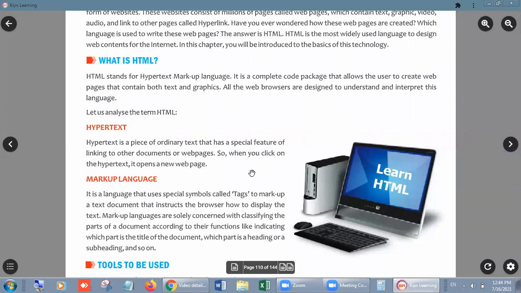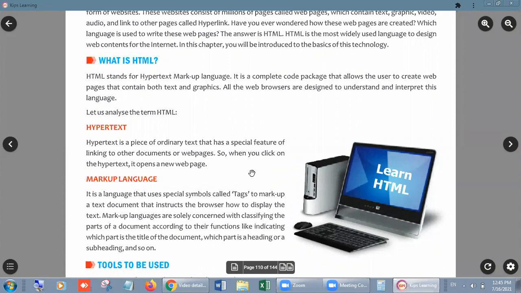In the same way, if we have some text in our computer, and when we click on it and it reacts immediately, what is the reaction? It opens a new page. Okay. Another example of hypertext or hyperlink is the apps in your mobile. When you click on any mobile icon, it always opens the related application, related app, or related software. It means that particular link is a hyperlink. And if this kind of hyper quality is in text.